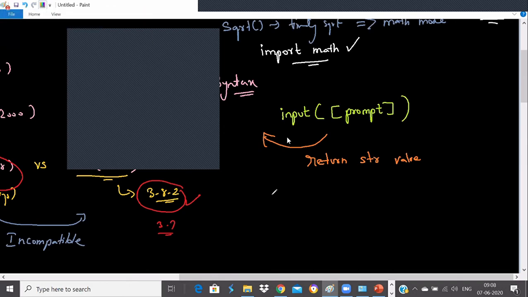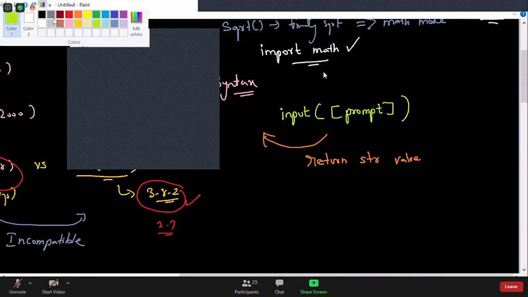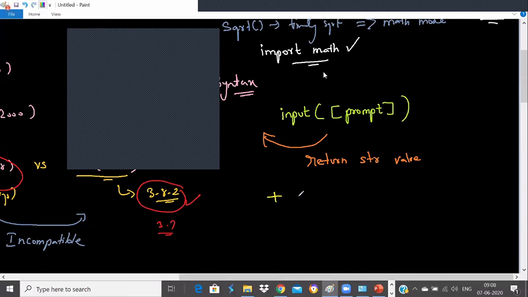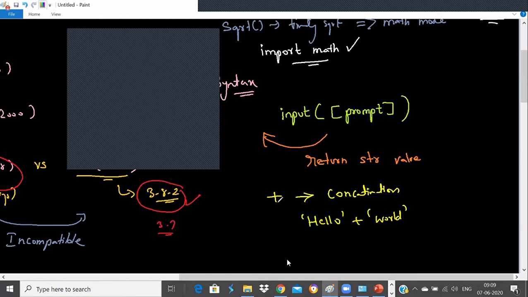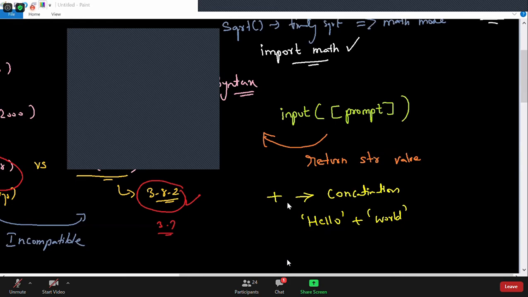Let me talk about this plus symbol in Python. So this is called concatenation. If you take the first string hello and say plus world, you know what the output will be? This is not the addition symbol, guys. This is concatenation. So plus can be used as addition or concatenation. If you use it with numbers, it becomes addition. But if you use it with strings, it becomes concatenation. So that's the confusion. That's why we did not get an error saying strings cannot be added.